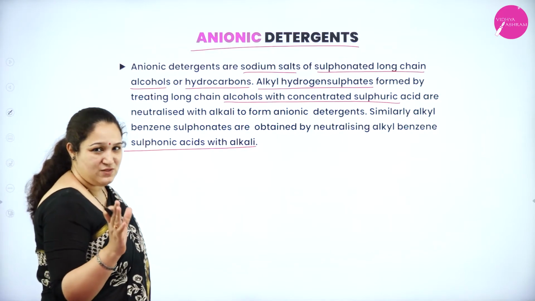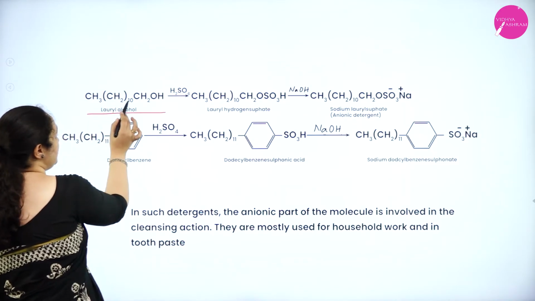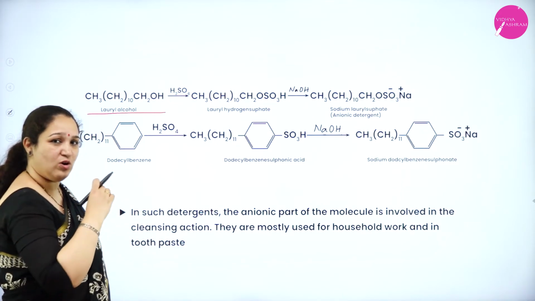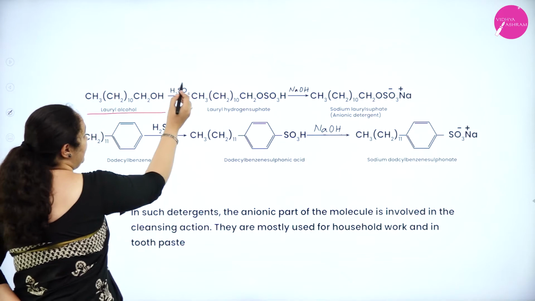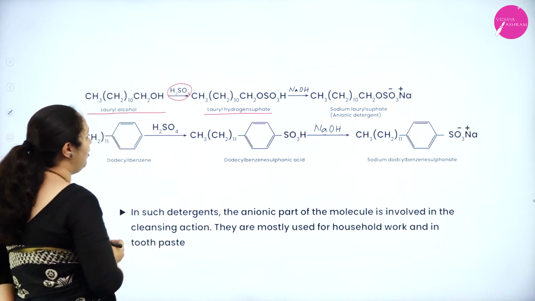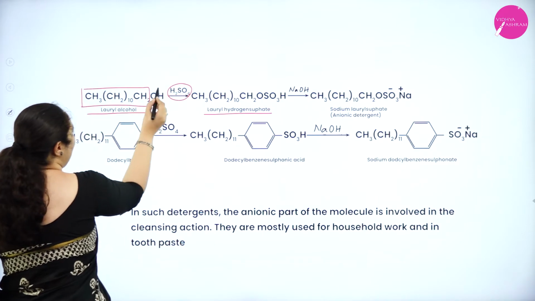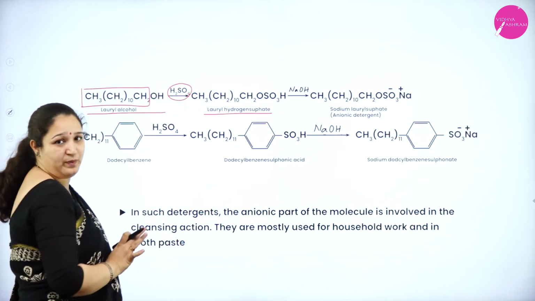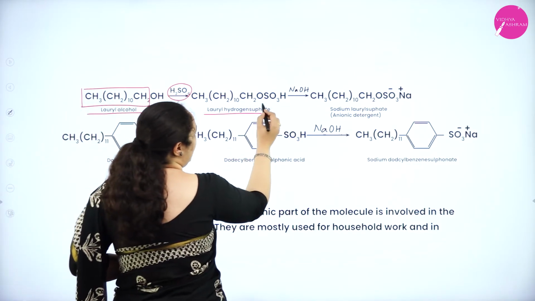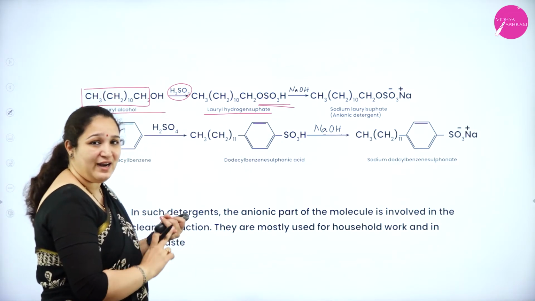So we'll see the process with the equation here. So I have lauryl alcohol, that is CH3, CH2 10 times CH2OH. We call it lauryl alcohol, N-lauryl alcohol. It is in a straight chain. First, when I treat it with sulfuric acid, you can see lauryl hydrogen sulfate will be formed. Just remember, this part remains the same. Only the reaction is happening in the OH group here. So the OH group with H2SO4, when it reacts, forms OSO3H. This is called hydrogen sulfate. So you'll get lauryl hydrogen sulfate.